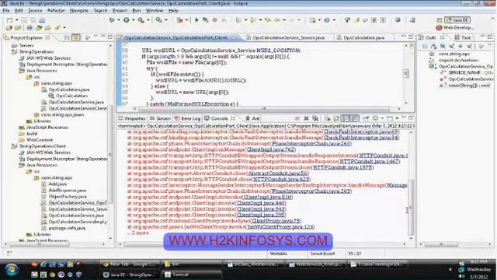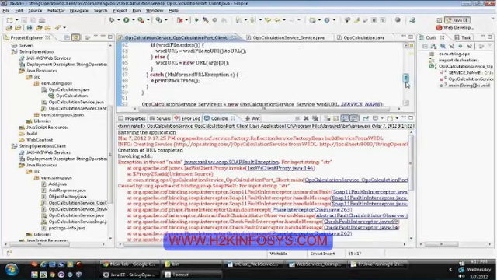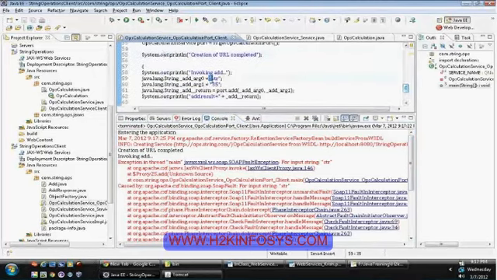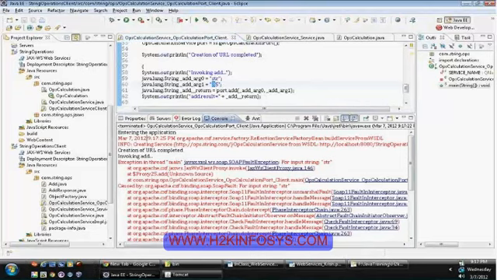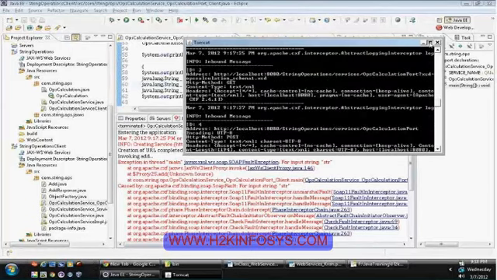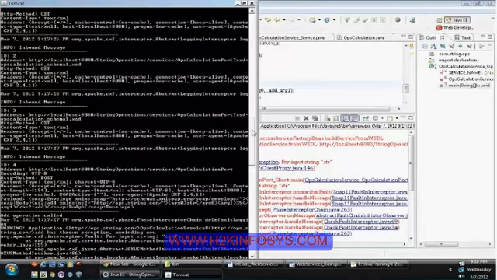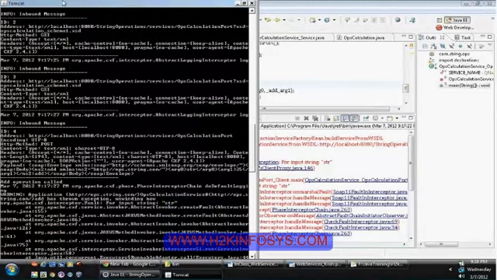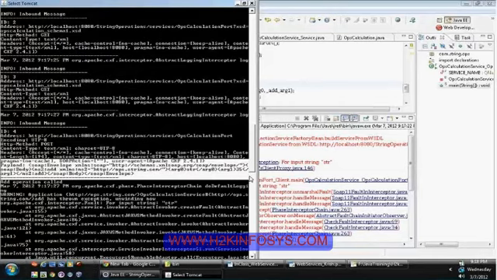Let me go over the error message. So currently what are we doing here? We are just sending argument 0 and argument 1, two numbers, but the first one we are sending as a string and the second one as a number. Invoking add, the request has reached the server. Go and verify at the top level. The request has reached. You can see argument 0 as string and argument 1 as 35.